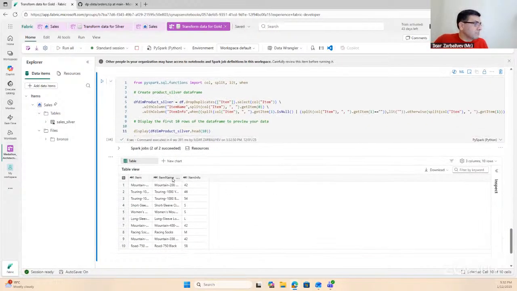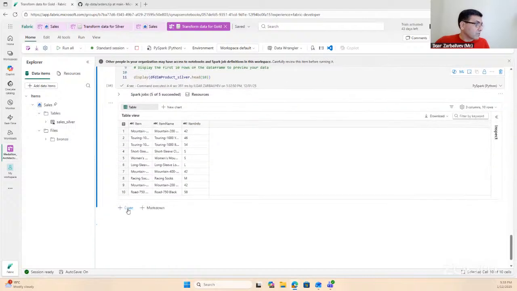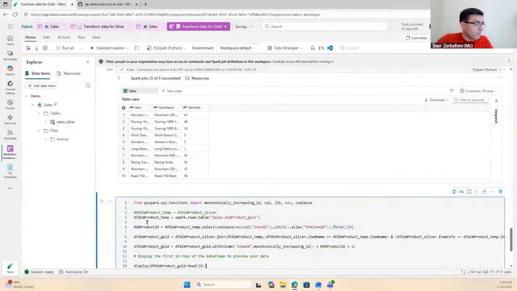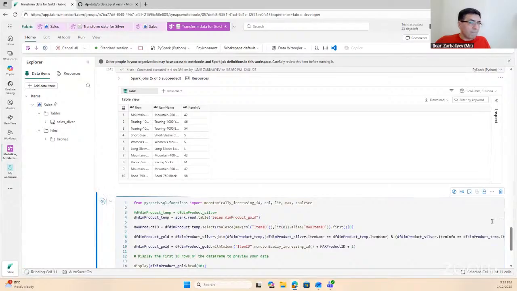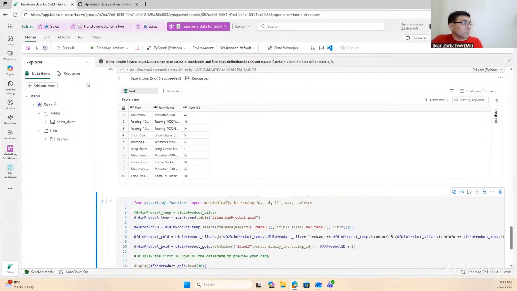Here we have item name and item info. Now we're going to create IDs for our dim product gold table, and we are going to add syntax to a new code block and run it. So let's do it. I'm copying and pasting these code blocks from the lab on Microsoft Learn. So say code, Control V, and run. This newly added code will calculate the next available product ID